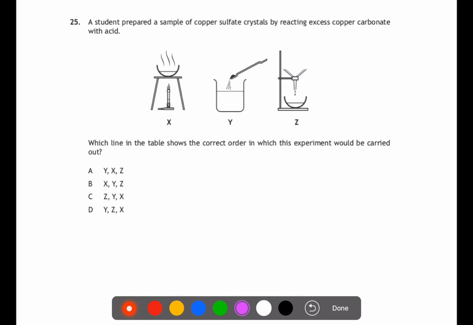Question 25. A student prepared a sample of copper sulfate crystals by reacting excess copper carbonate with acid. Which line in the table shows the correct order in which this experiment would be carried out? So the first thing you need to do is to react your excess copper carbonate with acid. So Y will be step 1, where you can be seen adding the powder into the acid. You're reacting excess copper carbonate, which is a solid, which means you'll still have solid left over. So step 2 will be Z, where you have to filter that. And then step 3 will be X, where you evaporate off the water. So the order will be Y, Z, X,